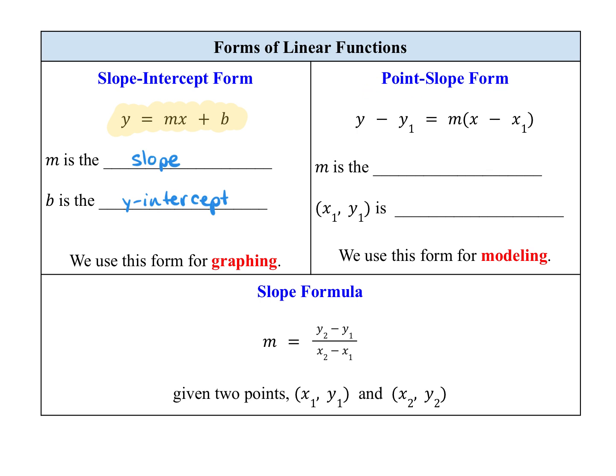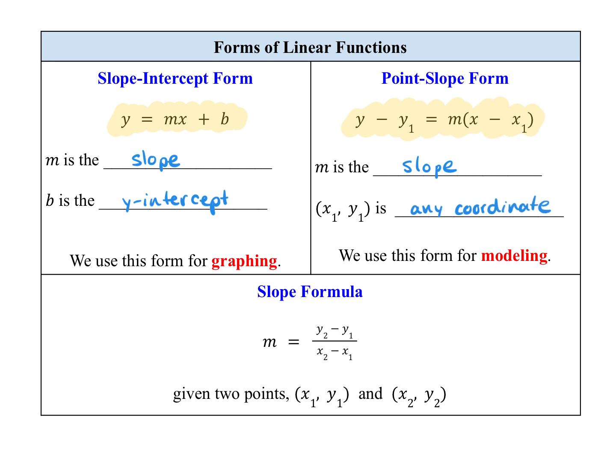Now this next form is called point-slope form. So it's y minus y1 equals m times x minus x1. This is going to be a really important form of our linear function. m also represents the slope in this one. And then you can see that we have this x sub 1, y sub 1, so x1, y1. And that just represents any coordinate